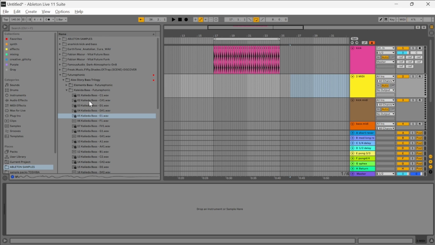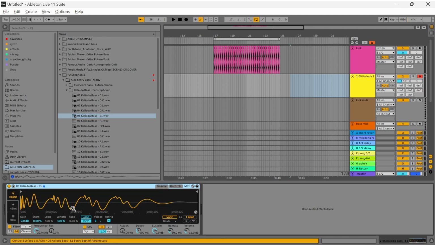See why I am choosing this bass and kicks from samples, because they are already professionally made. You don't need to waste time making your own kicks and bass, which is gonna take, to be honest, more than a year, maybe 2-3 years, to perfect your kick and bass and make professional sounding ones. You should know how they are made, but it's always good to take a little help. So you can drag this and put it here,